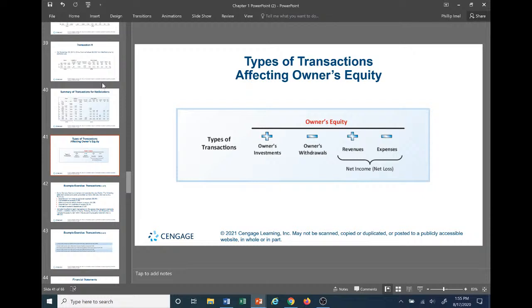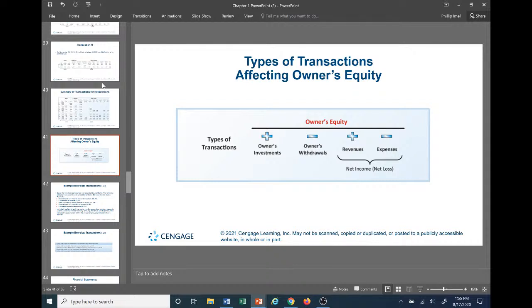So now since we've dealt with some transactions, let's talk about some types of transactions that actually have a bearing or an effect on owner's equity. The types of transactions that are going to have a direct effect on owner's equity are going to be owner's investments. So obviously we saw that Chris Clark, remember, he dumped that 25 grand into the bank account. So the owner's investments increased owner's equity, right? Owner's withdrawals, remember the drawing Chris Clark made of $2,000, it reduced owner's equity, right? So that's why it's going to reduce it here.